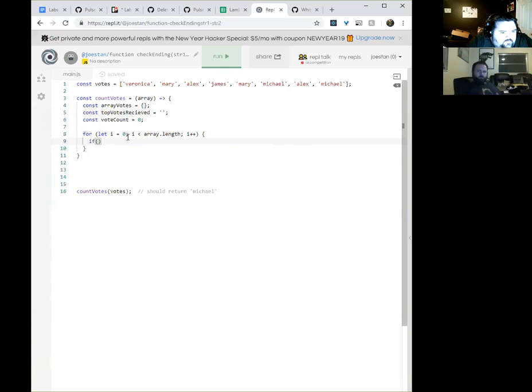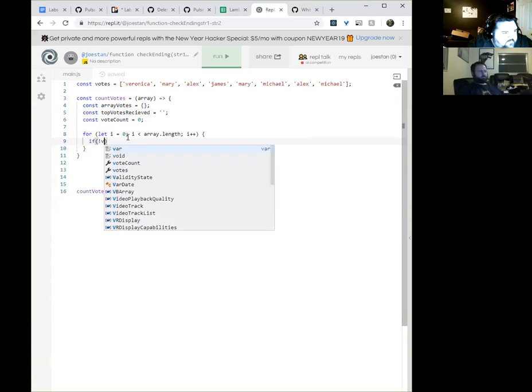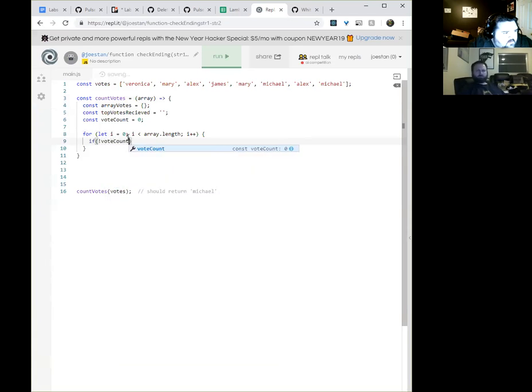So I need to iterate through the votes. So how can I do that? So if they're not, let's do vote count here. And we'll iterate through